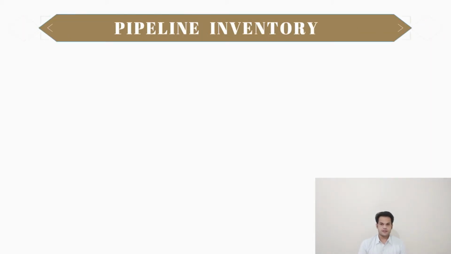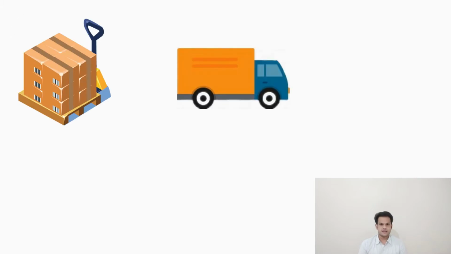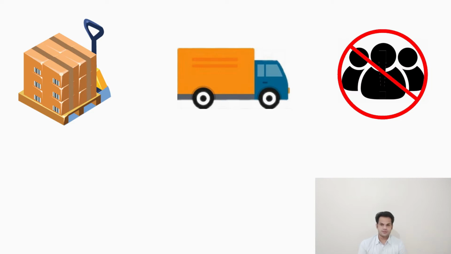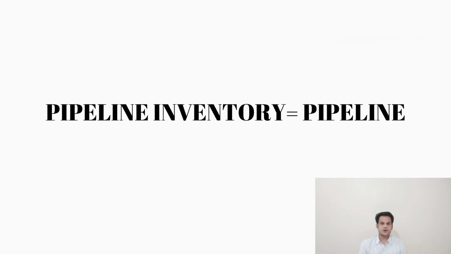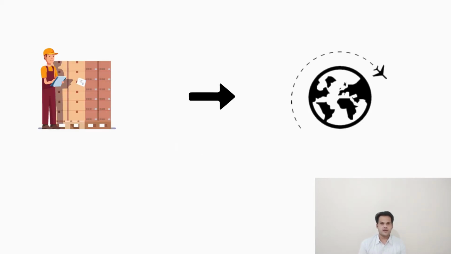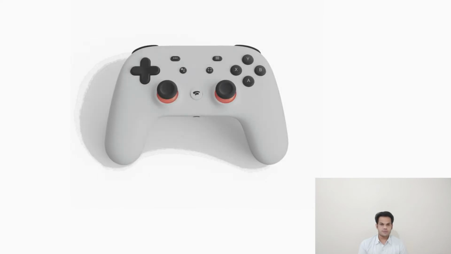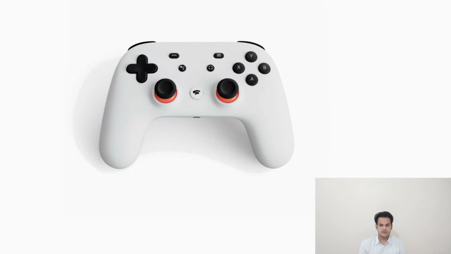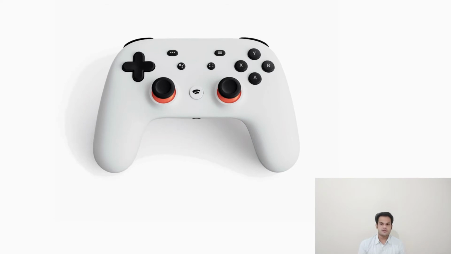Third type of inventory is pipeline inventory. Pipeline inventory is a type of inventory which refers to stock that is currently in transit between locations and has not yet been purchased by consumers. Pipeline inventory is also called pipeline stocks. In many instances, especially with overseas shipments, inventory can remain in the pipeline for days or weeks at a time. For instance, a shipment of a video game console made in Japan can take several days to arrive once the consumer ships to an Indian port.